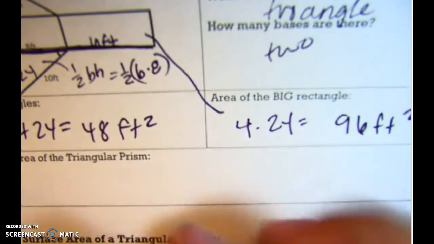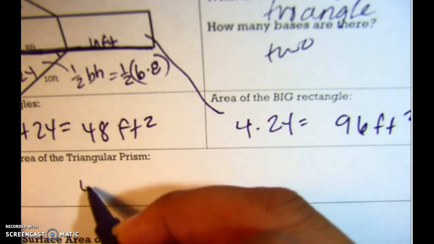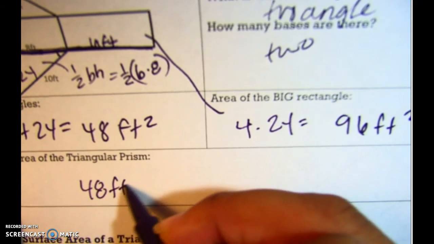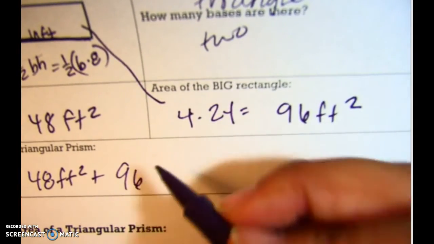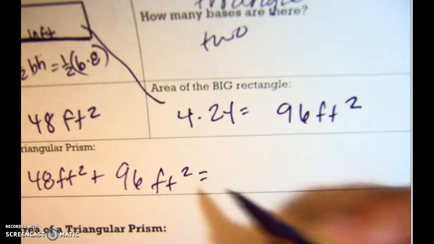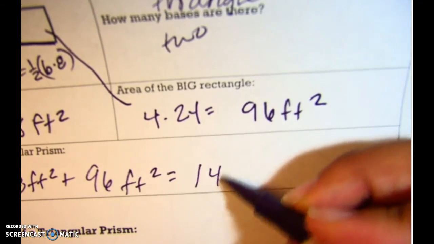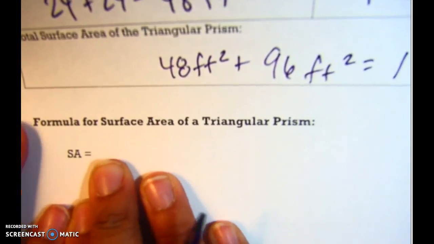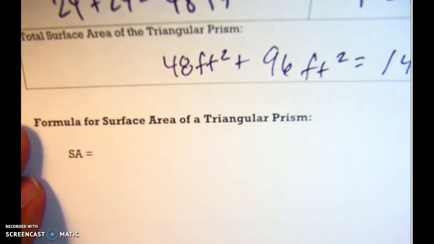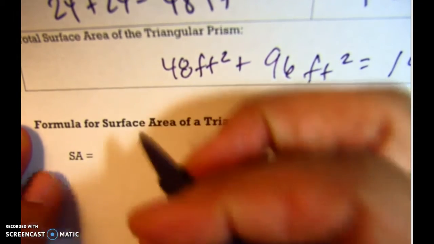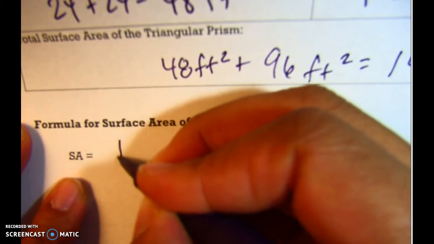Now, for the total area, I'm just going to add the area of the 2 triangles plus the area of the one big rectangle I made in the middle. And I'll get the same 144 feet squared. Down here, you can write whatever formula makes sense to you to find the surface area of a triangular prism. You know, 2 triangles,